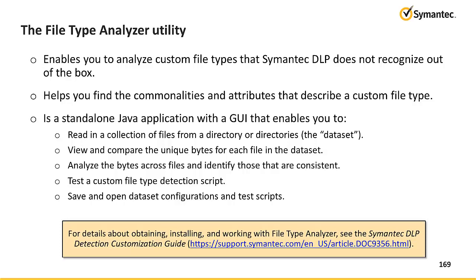This data is often referred to as magic bytes because they are unique characters that positively identify the file type. The file type analyzer is a standalone Java application that features a graphical user interface. This utility will enable you to perform the following operations: read in a collection of files from a directory or directories called the dataset, view and compare the unique bytes for each file in the dataset, analyze the bytes across files and identify those that are consistent, test a custom file type detection script, and then save and open dataset